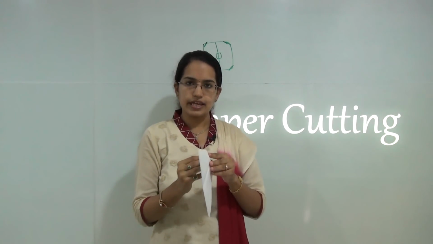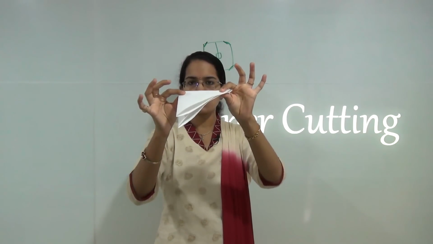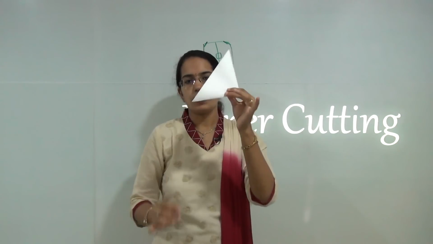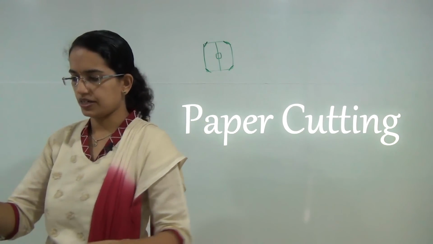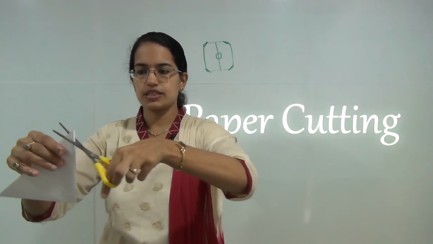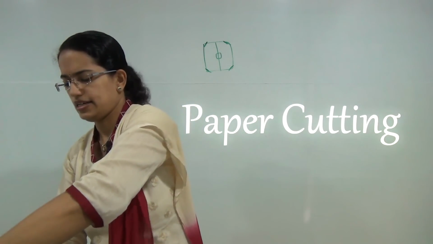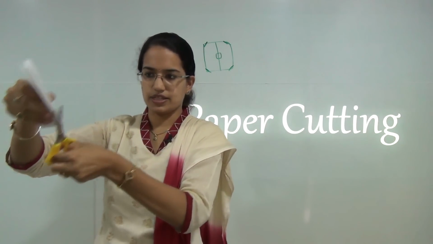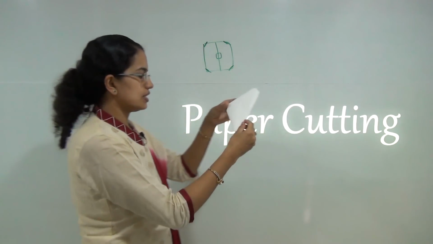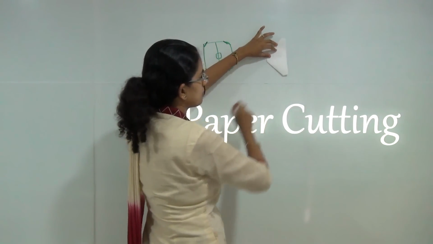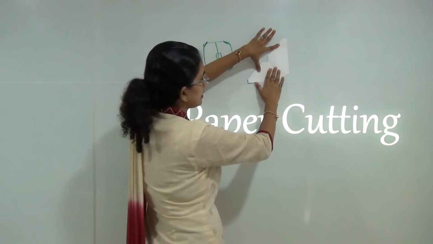Now there could be a case where I am folding the paper into a triangle shape and then further into another triangle. Now if I cut this piece of paper, the result that we would get would be a bit different. So let's say I cut out the sides. So I cut out this side, I cut out this side, and I cut out the center one. Now what would happen when I open it up? Since there was a triangular fold, when I open it up, it would become again a triangle, but